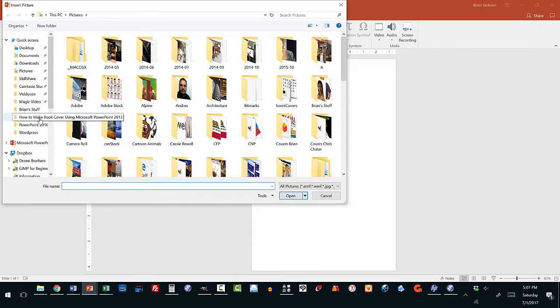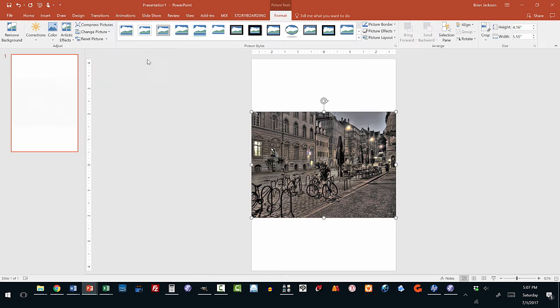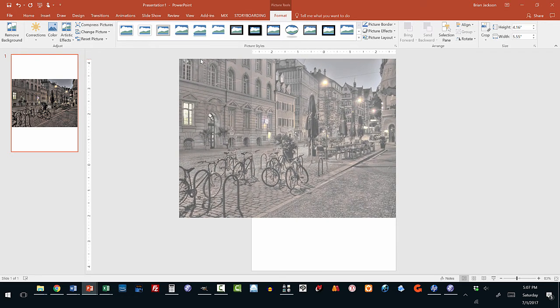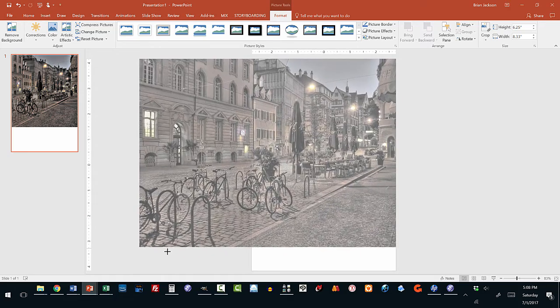And I'm going to show how to make a book cover. Where is our background? There's our background. Now this would have to fill the entire background. So what I'm going to do is expand it, and I'm going to use just this right-hand corner here to